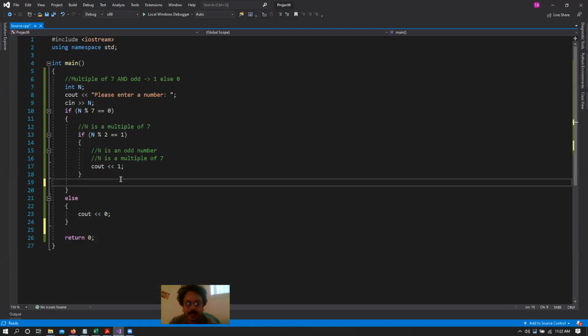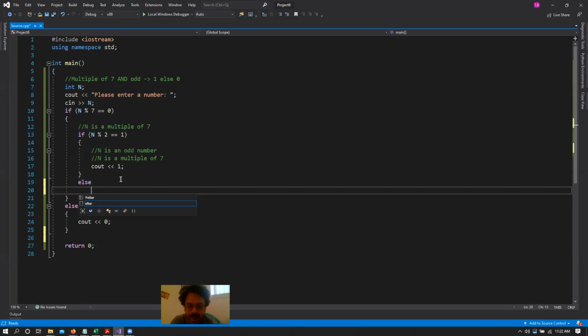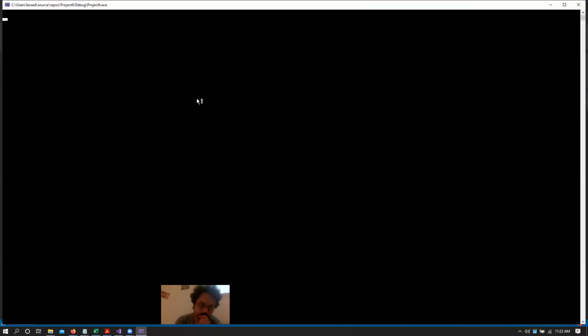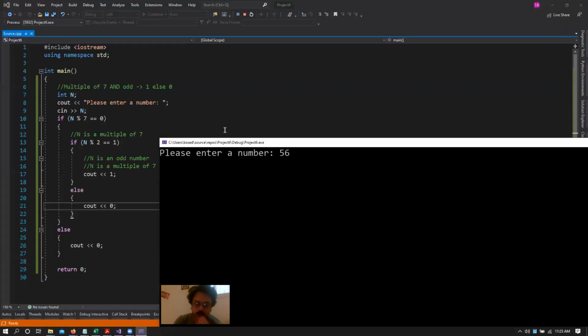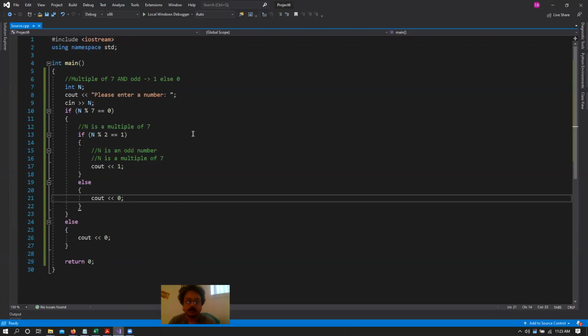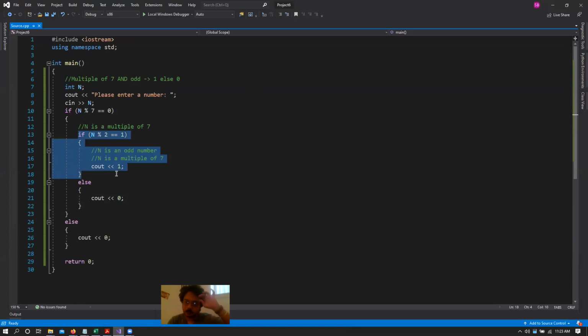Yep, exactly. So if we add one more else statement inside the nested if condition, so that becomes else, then we print out 0. That means that now this code will work, if I run this first, and now I give 56 or 42, let's go 42, I get a 0, right? Because this if condition covers a particular case of being an odd number, but it does not cover the other cases where it is an even number, right? So this else part then covers the other cases for the even number.